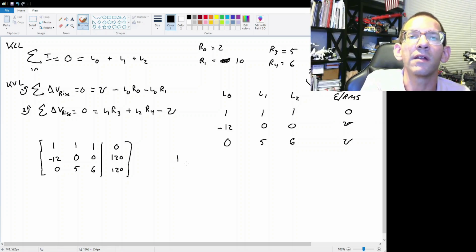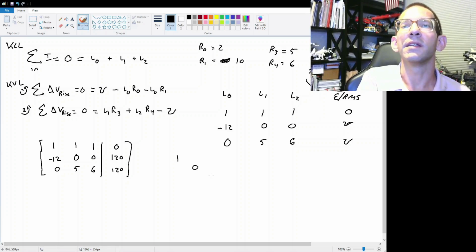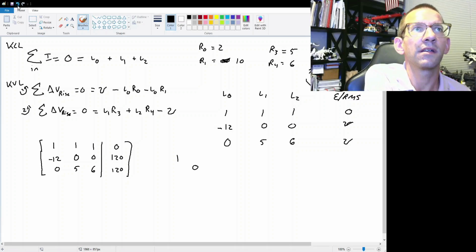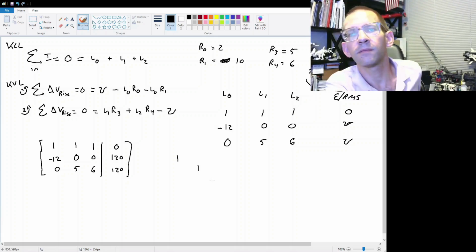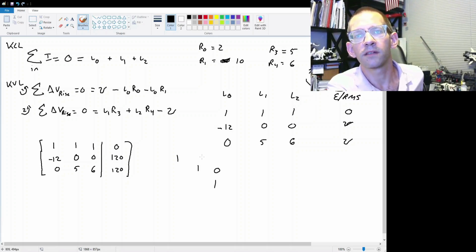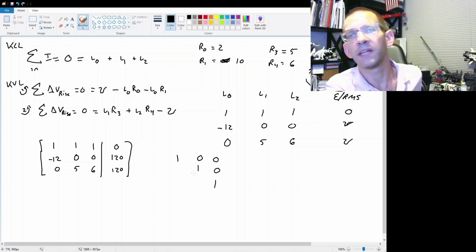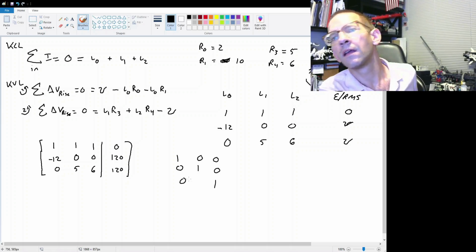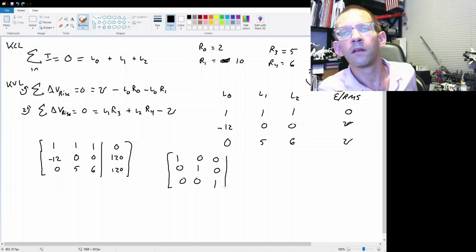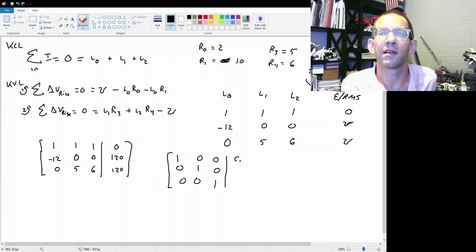And eventually you want this to turn into the identity matrix, which is just ones down the diagonal and zeros everywhere else in the square matrix, with whatever originates on the side here. And then once you know what iota sub 0, iota sub 1, iota sub 2 are,